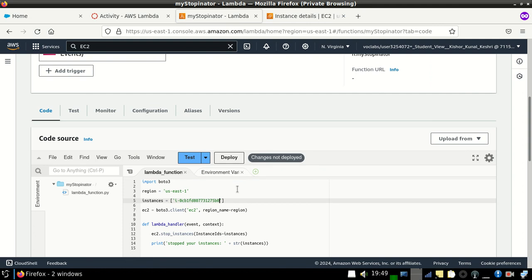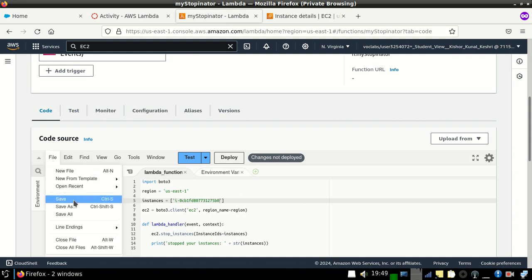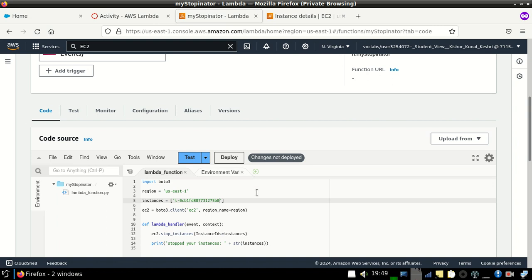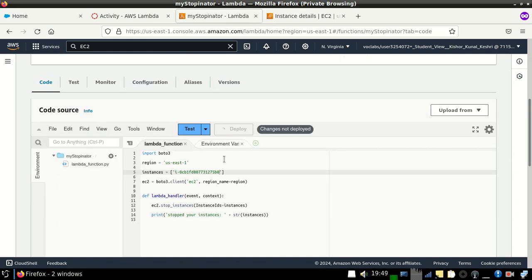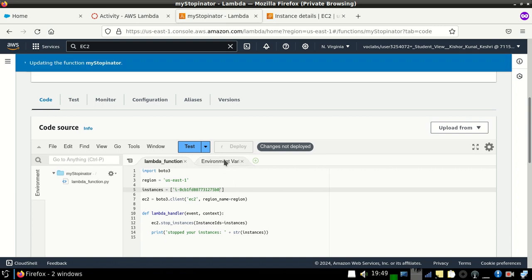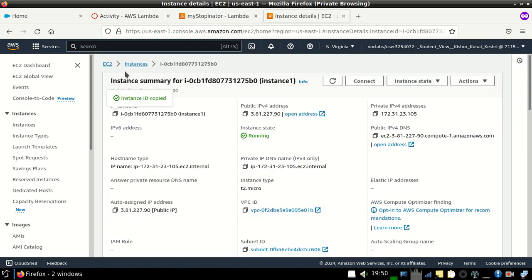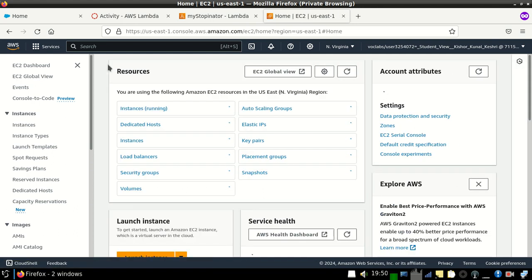Okay, as we place the ID here, now we need to save from here, save. Now we will deploy this code. Deploy this code. Now we will see that our EC2 instance should stop now.